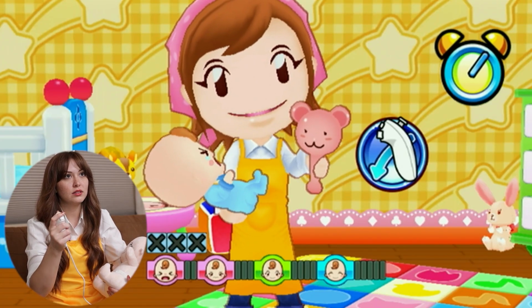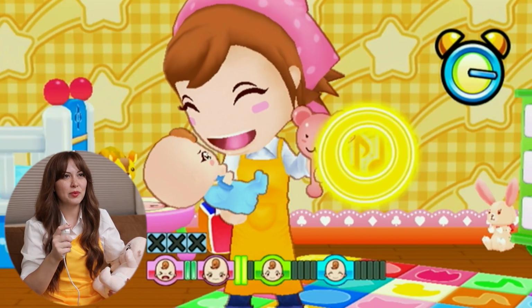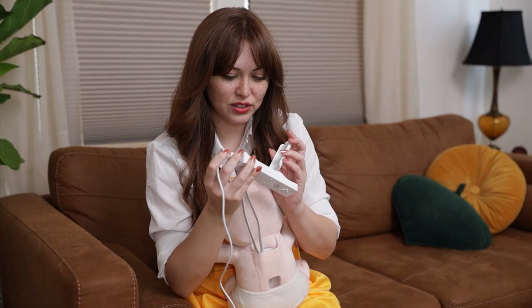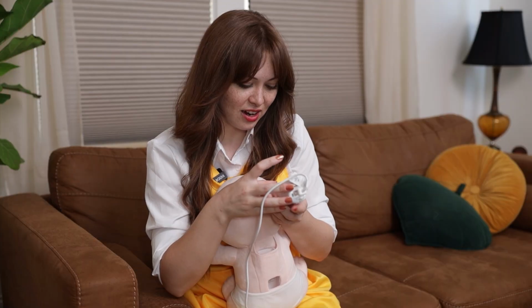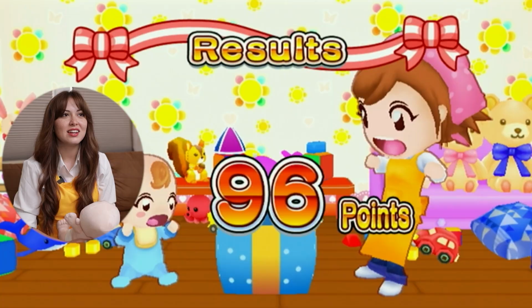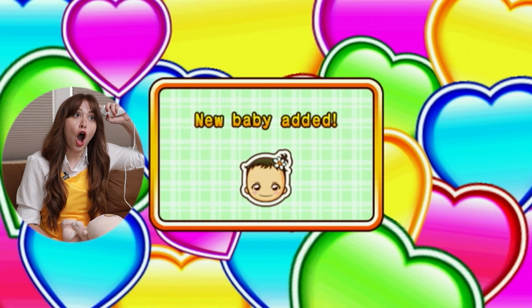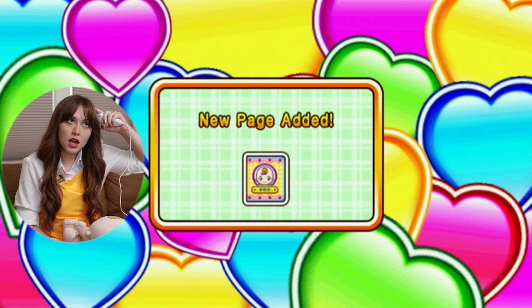Okay, we're rattling. Oh, this isn't so bad. This is actually, dare I say, fun. I swear there's a way to turn this noise off. Gonna have to figure that out. 96, oh my God. I'm like really great with kids. A new baby? I'm a little babied out right at the second. Gonna have to come back to this one a little bit later after I Google how to turn the volume